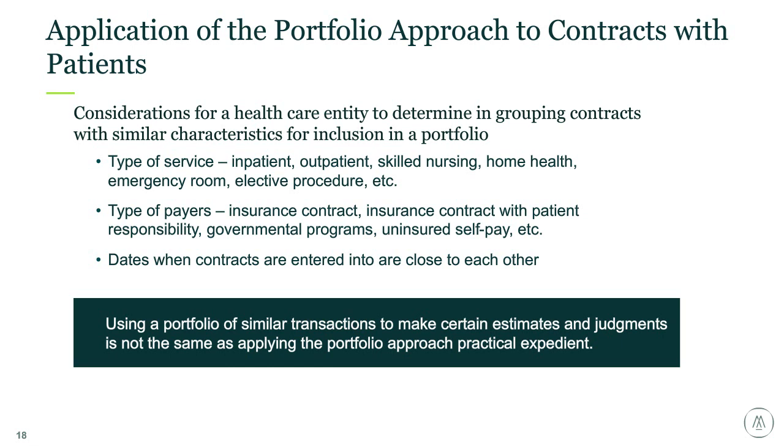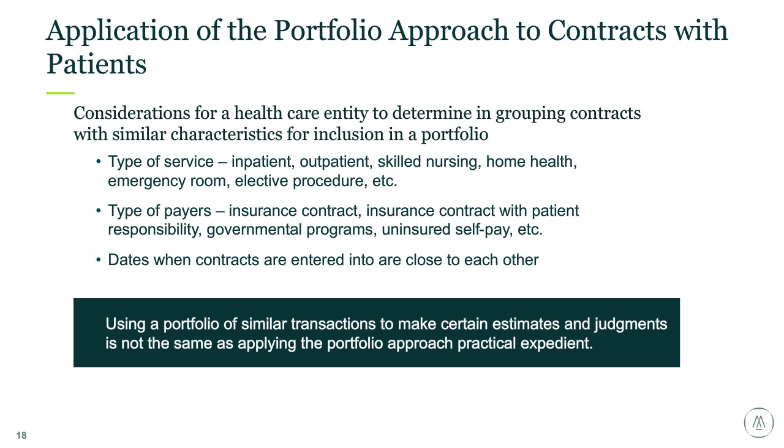You could use type of service, whether it's inpatient, outpatient, skilled nursing, home health, et cetera, types of payers, dates when contracts are entered into, before and after a price increase, for example, or it may be a combination of a number of these factors. For example, you might have uninsured self-pay, insured patients with a copay, insured patients with deductibles, et cetera. Those are some of the factors that you consider when you're considering which contracts to group into portfolios to apply